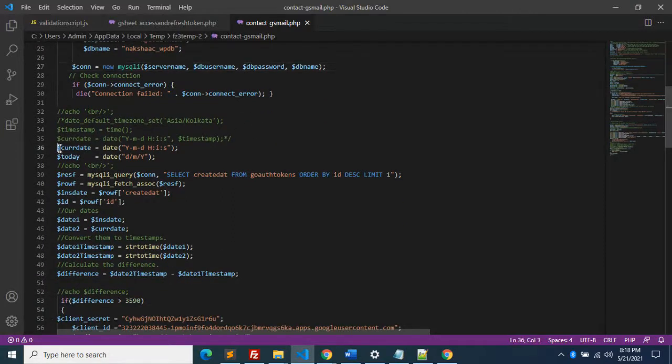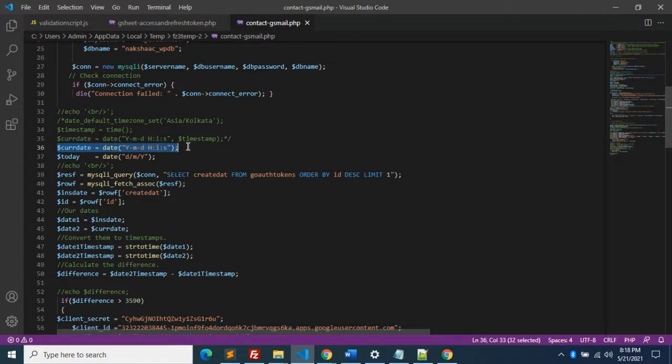Then today's date, the current date. This is the main important thing. Using this current date and time, we will be comparing with the table.